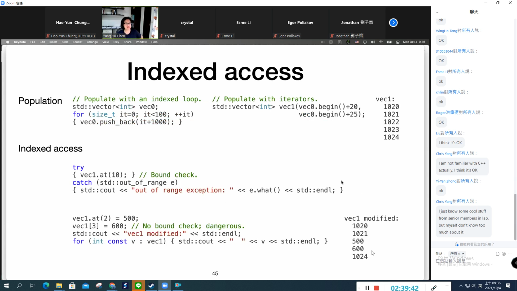What we like with vector is that it provides fast index access. So you declare something that can be empty, and you can incrementally add elements into it. You can also populate it by using the C++ iterator. Then you can index that using